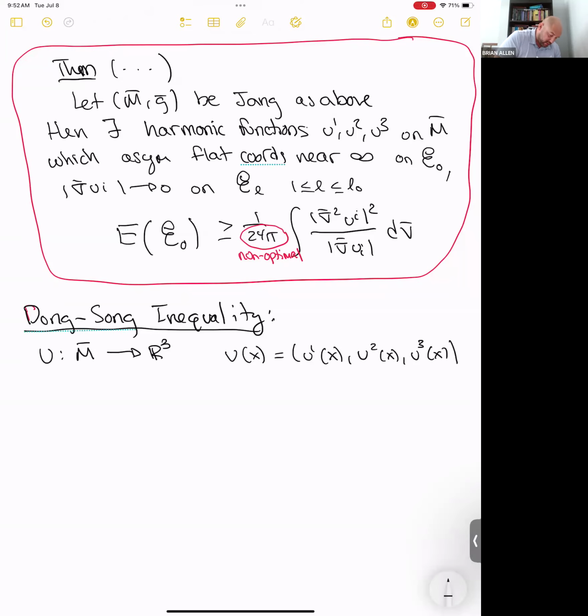Where I think of them as coordinates, even though they're not coordinates everywhere, but I still can get a map to R3 using these. And then I get another map F, where I want to look at where these coordinates are close to flat. So what do I mean by that? I want to look at